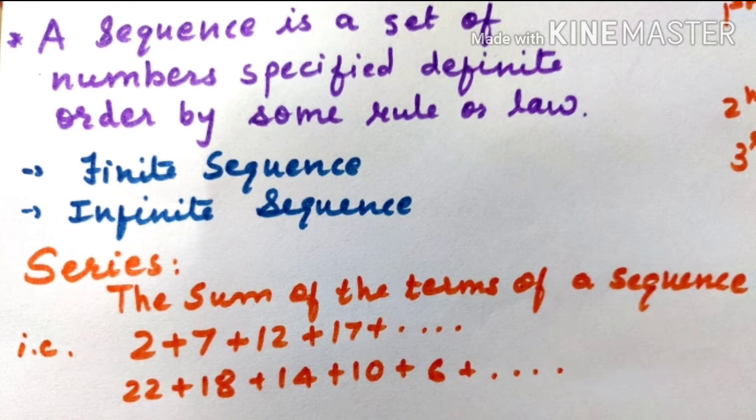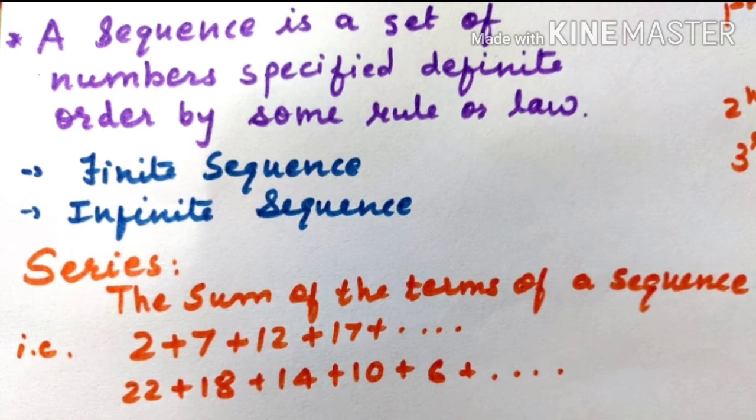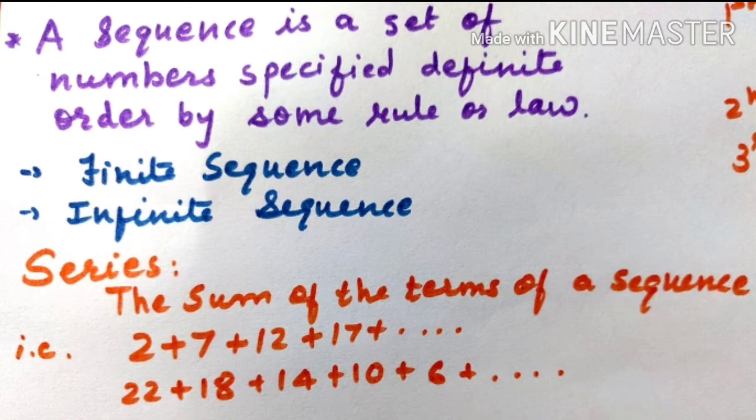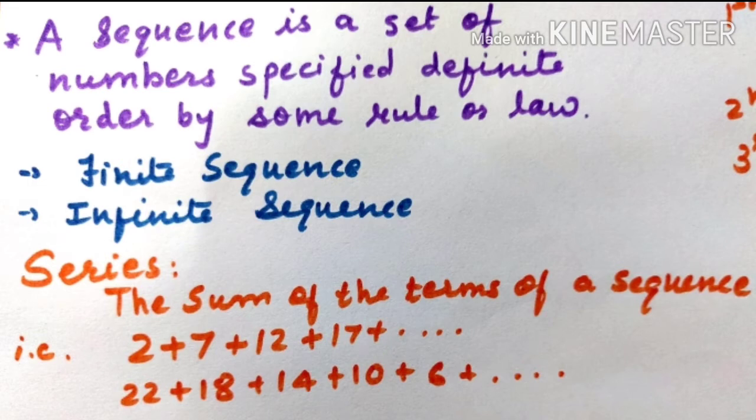First is the finite sequence, in which the numbers come to an end. There are some numbers like 1, 3, 5, 7 and then no number next to it; that is a finite sequence. We know how many numbers are in the sequence, it comes to an end. But an infinite sequence means the numbers are infinite, there is no end to the number pattern. Now after sequence, one more term we are going to learn, that is series.